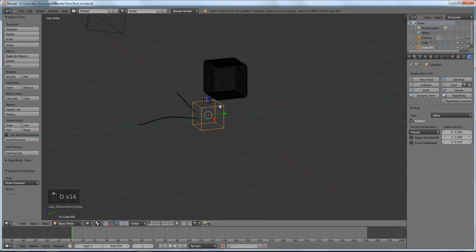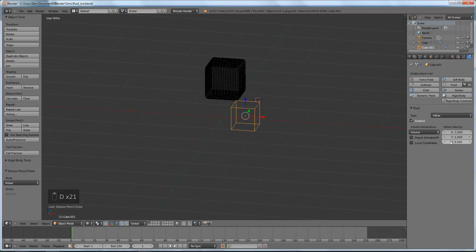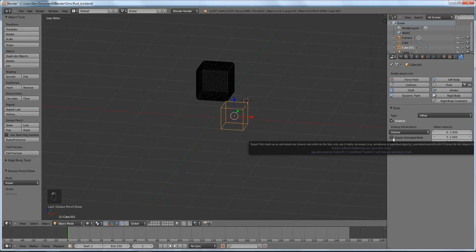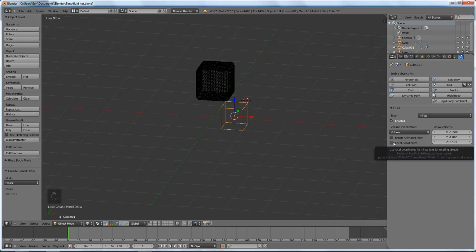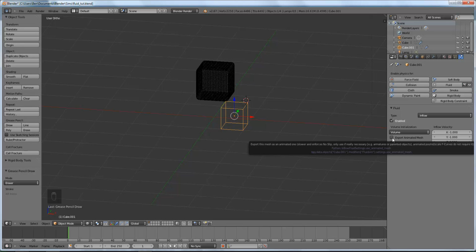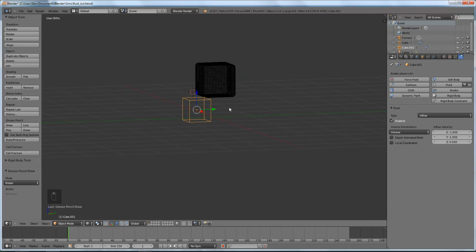Okay, but that's cool and all, but you see here we have this option, export animated mesh and local coordinates. So basically what each of those will do is if you enable export animated mesh, you're basically going to be able to use this object as an animated object. So you can move it, you could have a moving inflow object, which is cool. But you also have local coordinates, so that